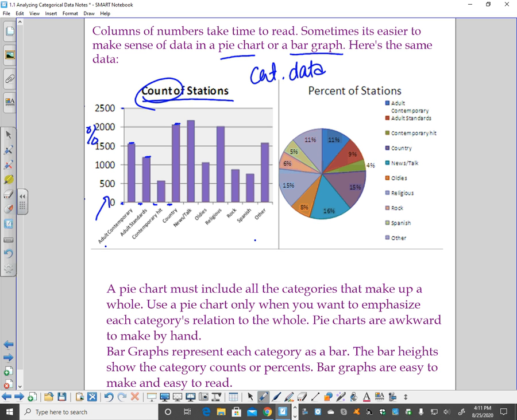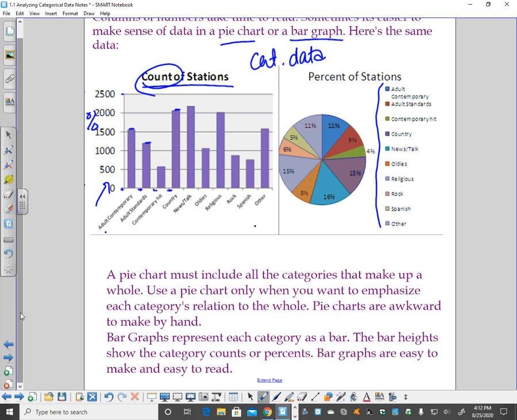And then we have this lovely pie chart over here that is beautiful and color coded and labeled, and it has this nice little key for all the colors, and that's really pretty. But I want you to think about making that from scratch is the biggest pain in the rear end. So pie charts are beautiful when they are presented to you, but they are a pain in the butt to make. The only thing that can be kind of tricky with pie charts is that